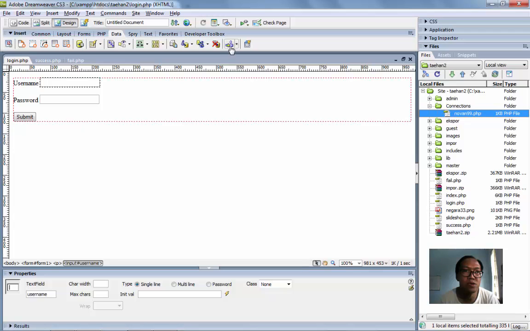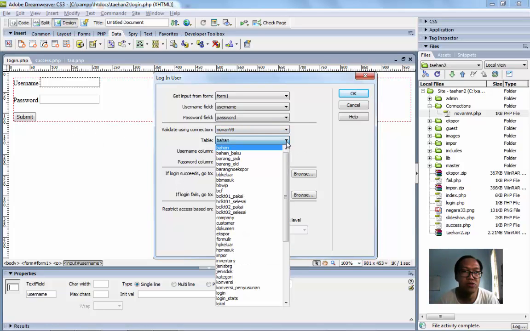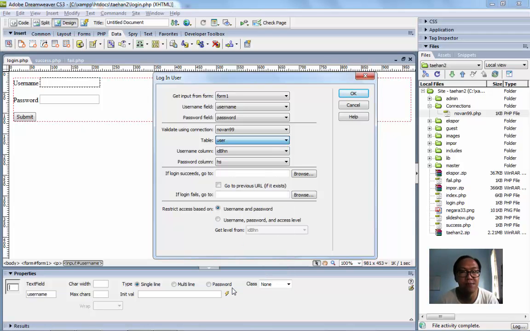Now we can go back to this login and use that connection, named Novan99, and then Dreamweaver automatically connects to MySQL. We choose the table that we want to add the login to. For this example, I'm using the username table.